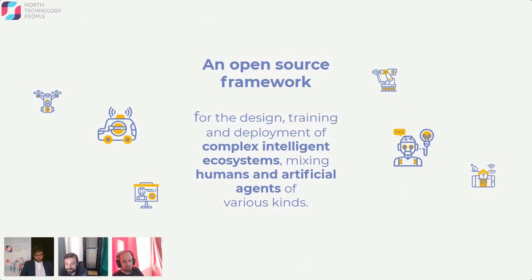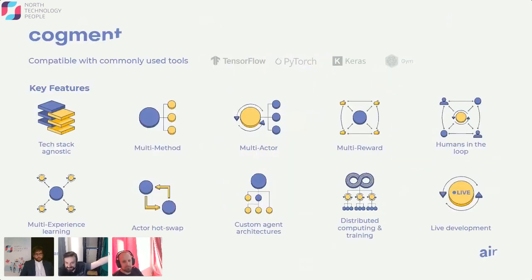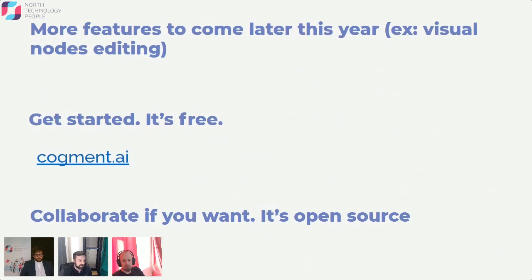And the fun thing is, we're actually doing this as an open source project. We really believe that this is the way to tackle things. And frankly, we believe that as more types of those environments get built and more people play around with those concepts, this is the way things are going to be. So the whole core of it is actually entirely free open source software called Cogment. It has all of these nice things. Unfortunately, I don't really have time to go over the details, but basically it solves most of the problems that we have expressed. You can check it out at cogment.ai and play around with it.